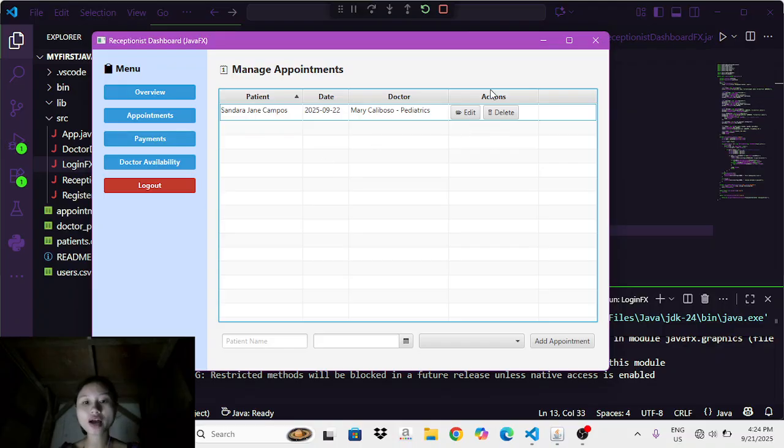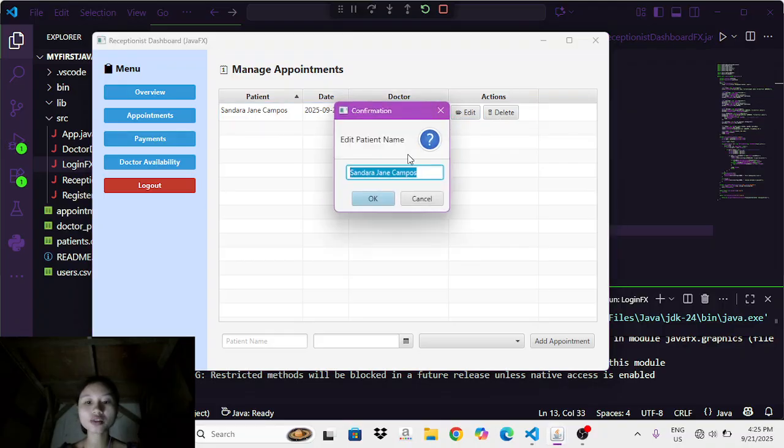We also have actions to manage existing appointments. Let's demonstrate the edit and delete functions. Clicking edit opens a dialog to modify the patient's name. So let's change this patient's name.